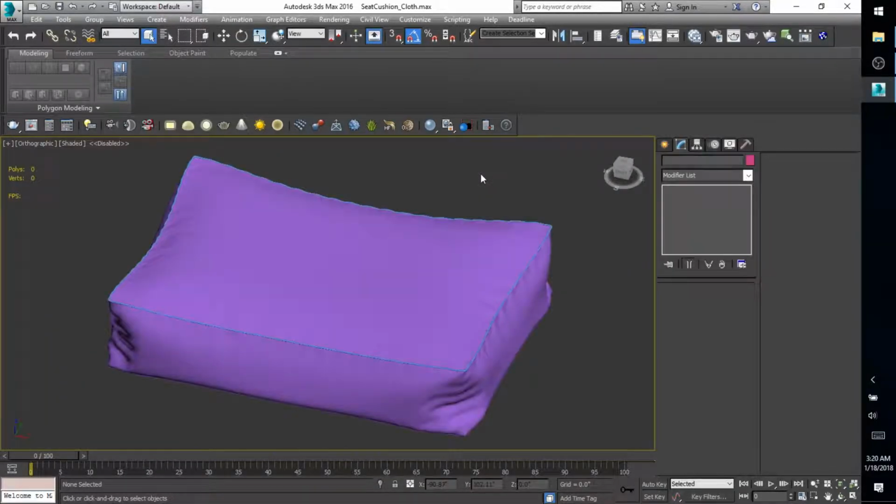The next thing I wanted to talk about was creating realistic cushions using the cloth modifier in 3D Studio Max. You can get a lot of detail without having to go to ZBrush and without having to use displacement if